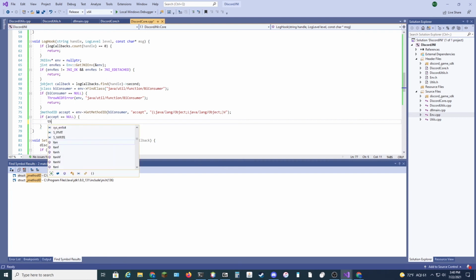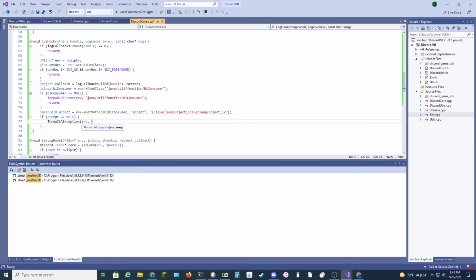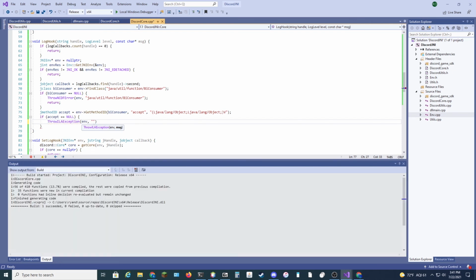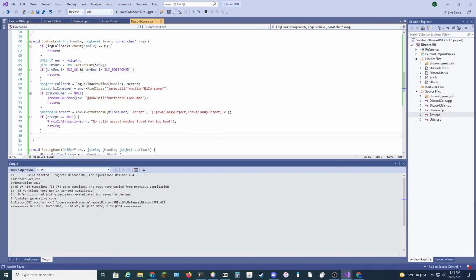Actually, here, can I throw IllegalArgumentException on the environment, and we're just going to say no valid accept method found for log hook. And there we go. Log hook. Return. And then if we find that, then finally call back